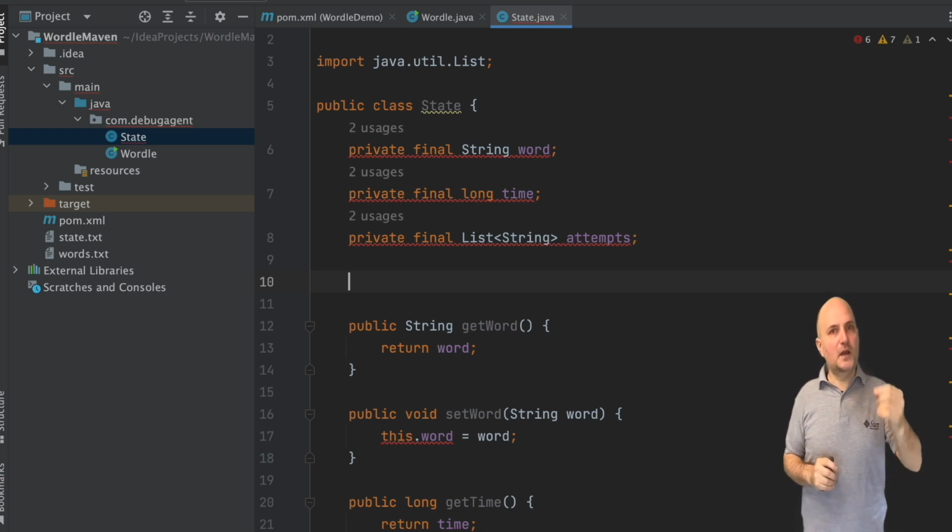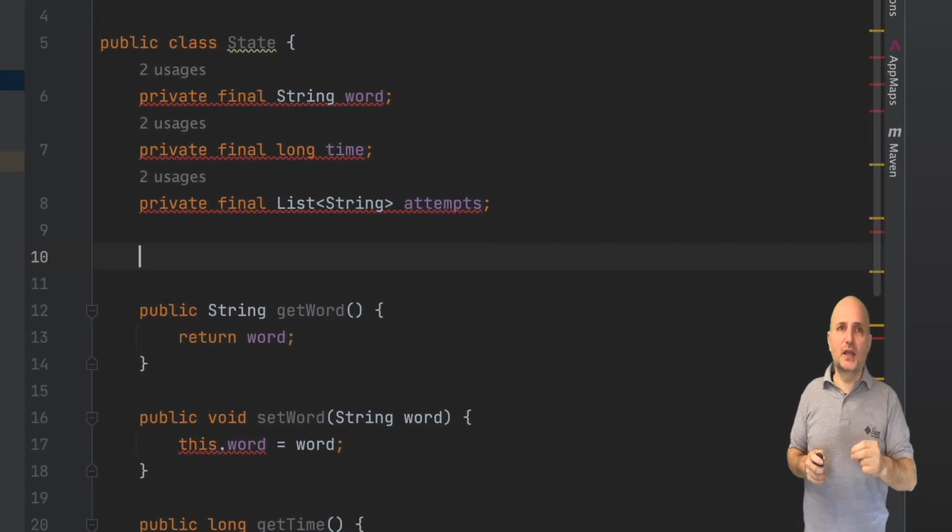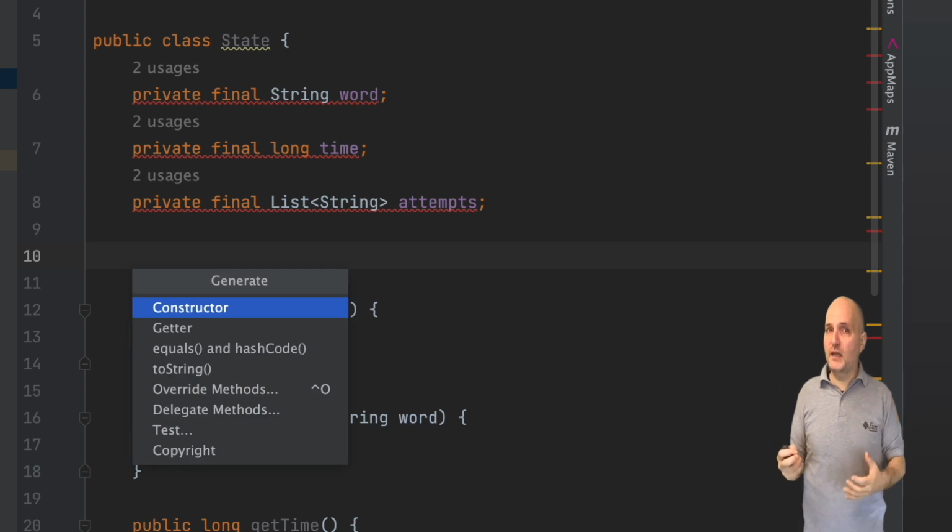I created a final field and didn't assign a value. Luckily, Java is pretty patient when it comes to final fields. It lets us assign them in the constructor. A constructor is a special kind of method that you can't invoke directly, but it gets called when the object is created. I press the Command N key combination, which in Windows would probably be Control N. Here I'm given the option to generate code like setters, getters, and a constructor. I can just type in the code, but this is a bit faster.